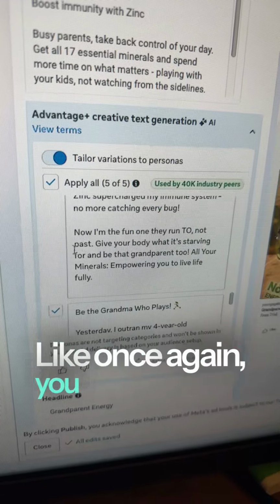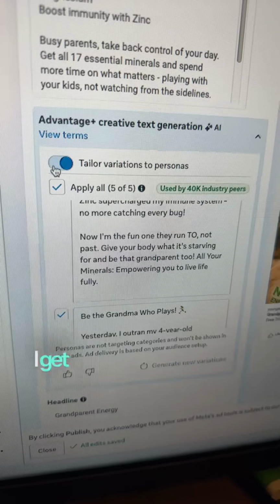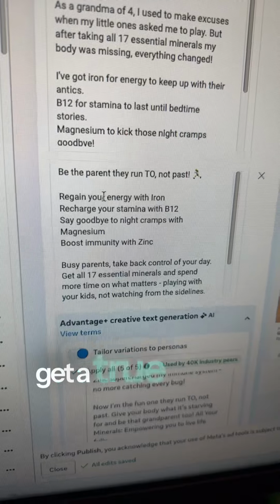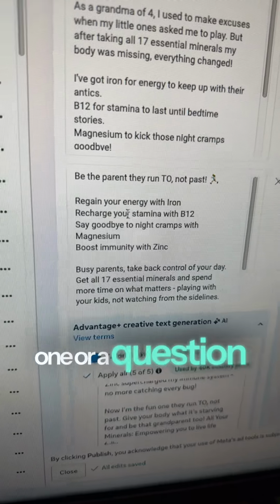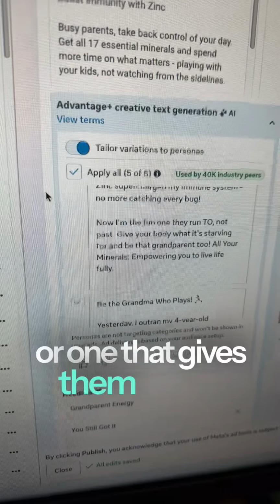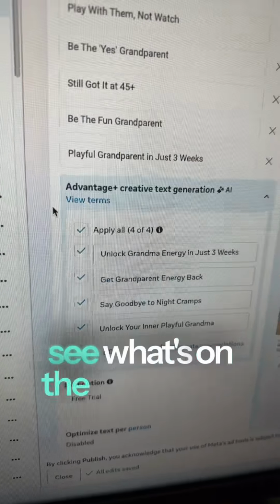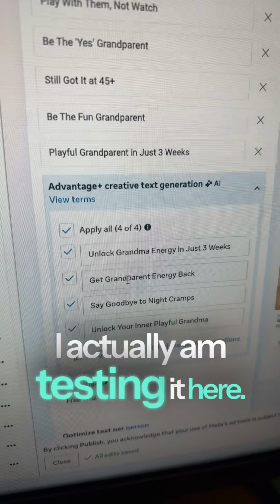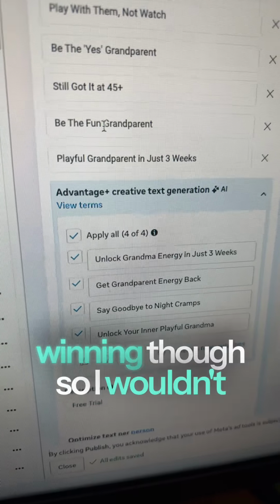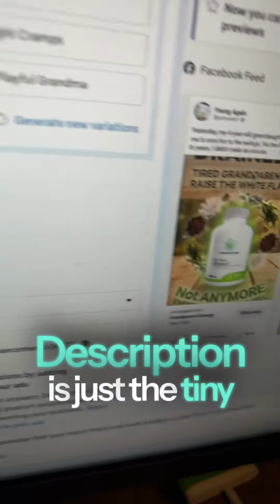Like, once again, you can use them. I'm just saying, in general, I get better quality when I can actually get a true test. Test a call to action focused one or a question one or one that gives them a little bit of excitement and they want to see what's on the next page. Same thing with headlines. You can put your own. I actually am testing it here. Once again, they weren't winning though, so I wouldn't worry about it. Description is just the tiny little thing under